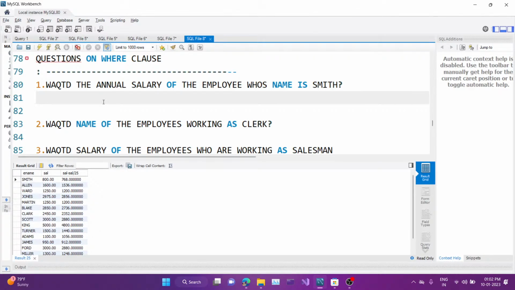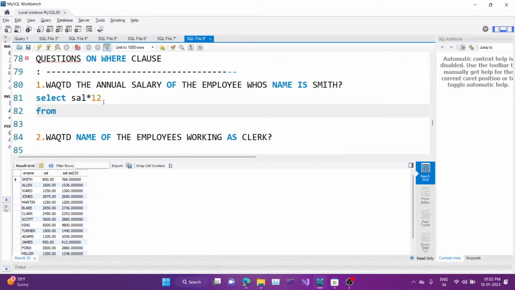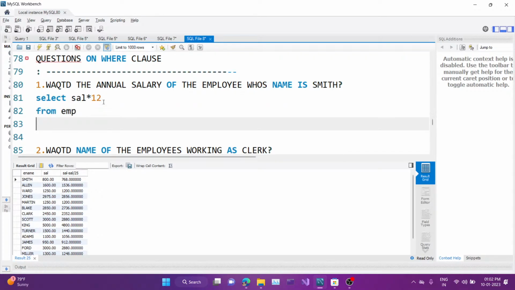So for this, select sal into 12 from EMP, and we want the Smith salary. So we are going to put here the keyword where, ename equals to